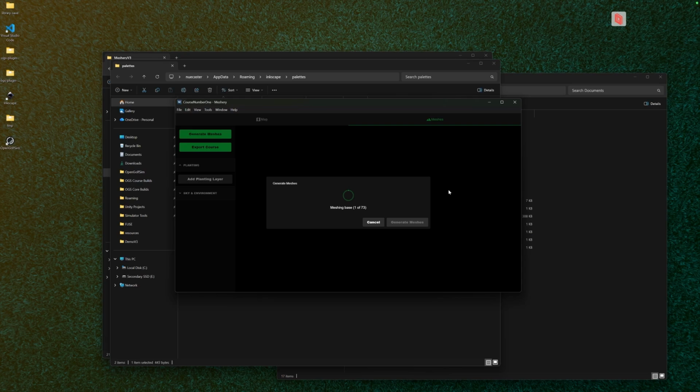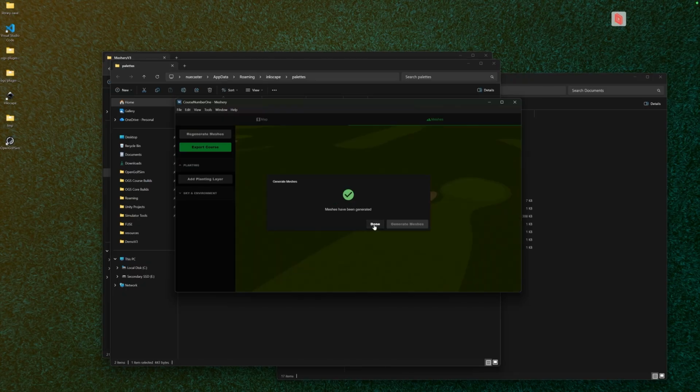In this part, depending on the size of your course, how many shapes you have, it could take a little while to do each one. Usually the base mesh, which covers your whole course anywhere there's not a shape. So we'll fill in all the negative space with a base mesh. And that one's usually big and complex, so it takes kind of a while to get through that one, but it should speed up as it gets to your smaller shapes. There you go, fairways and things. Okay, so our meshes have been generated,